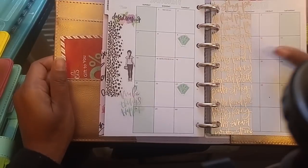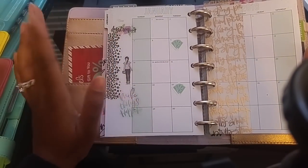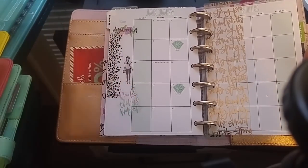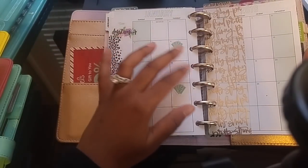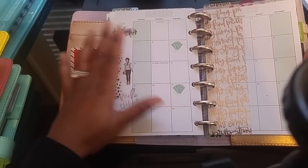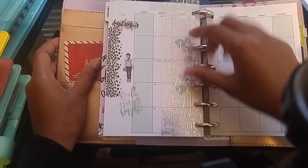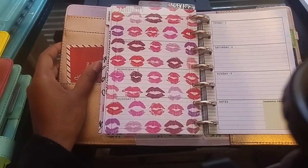And here we are at the month at a glance. I just put a little bit of decoration. Again, this is going to be very, very simple. I'm not going to do much in here. I am going to track my paydays in here. So I get paid every other Tuesday, so that's put in here. Then I have the same dashboards, and then it goes right into